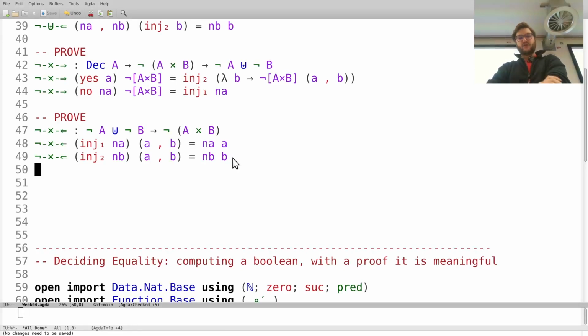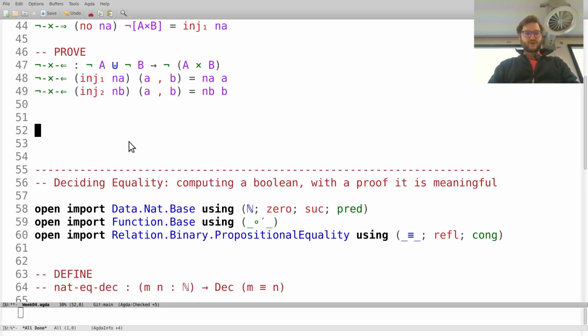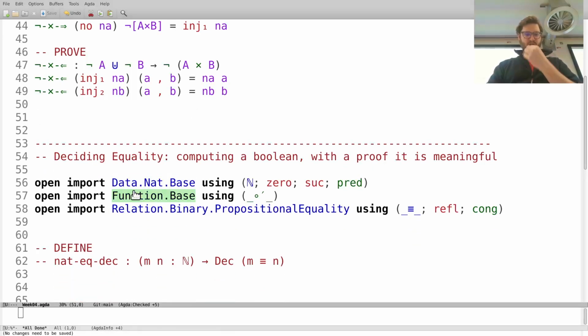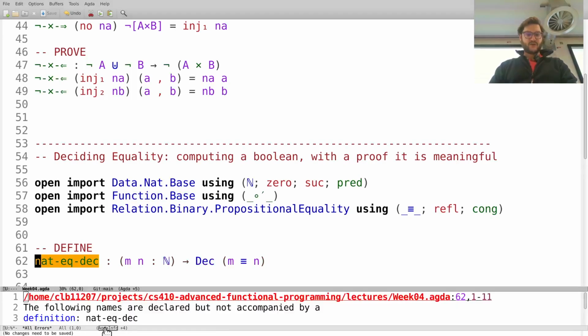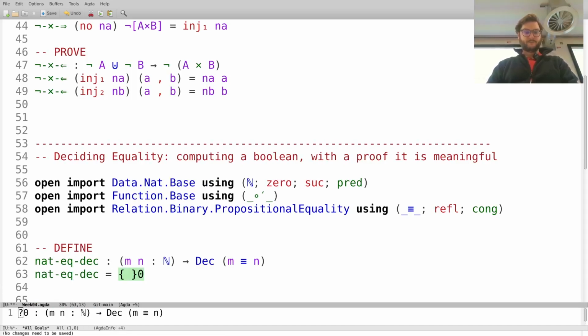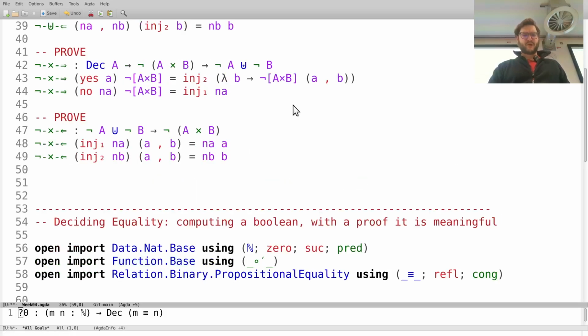So far, we've seen decidability more as a way to recover some extra principles, but it would be utterly useless if we couldn't actually build any proofs of decidability. Luckily for us, it is of course possible. The first one that we mentioned last week, but we didn't look at, is the decidability of equality on natural numbers. Just by the same reasoning principle that we had here, saying that because it has to be for arbitrary A and Bs,